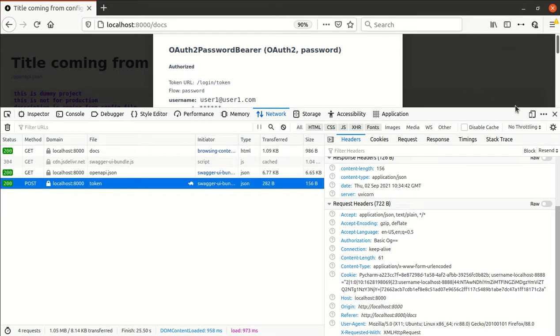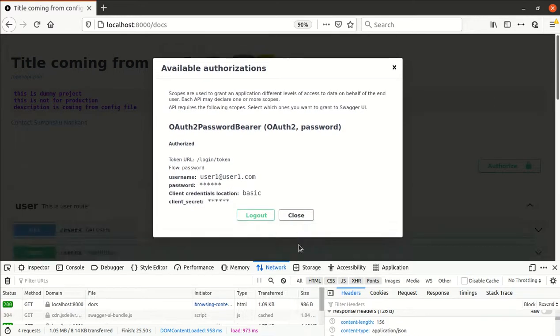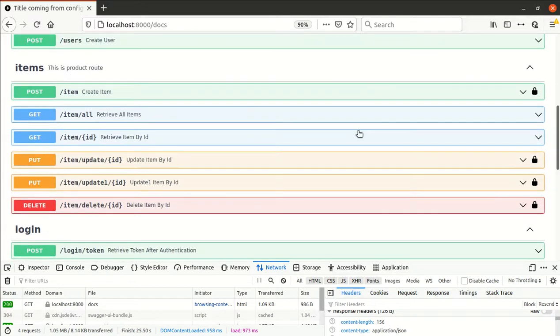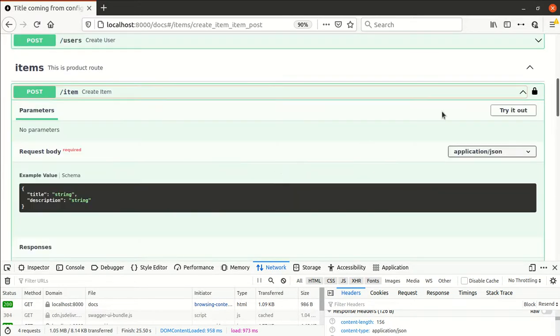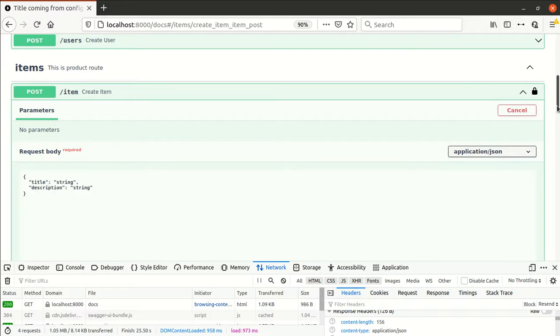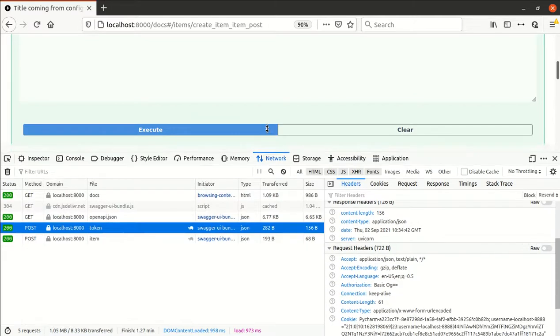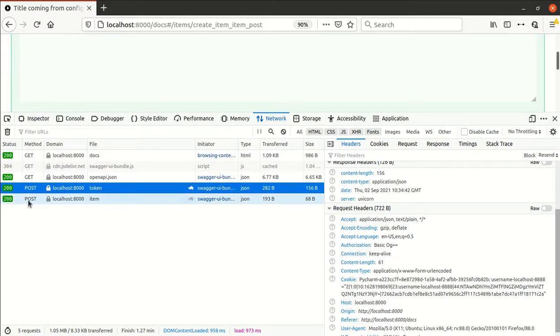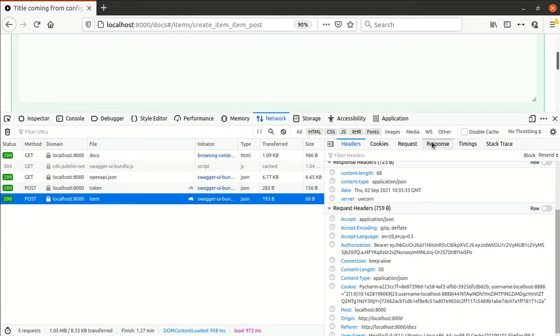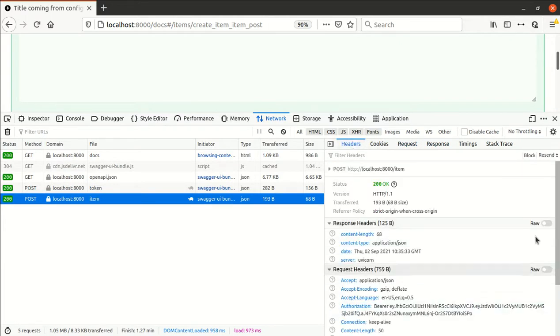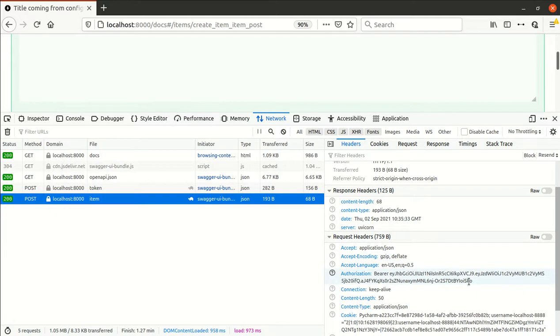But if we trigger our main route, the create item route, so let me trigger the create item route. That is also a post request, so let me execute it. Now you could see one more post route triggered. If you click on it, the response has the title and description, and the request is this. If you see the header, in the header we are accepting the token, so this is our token.